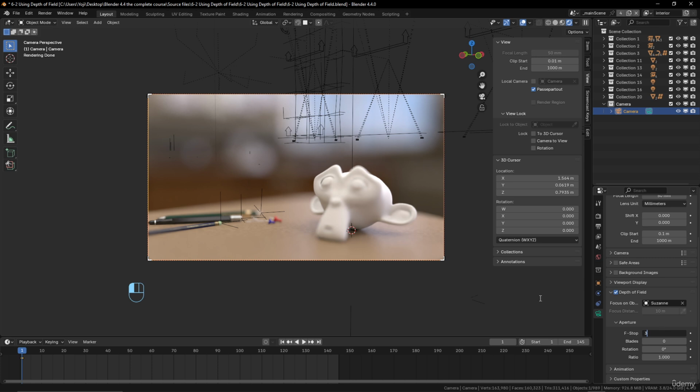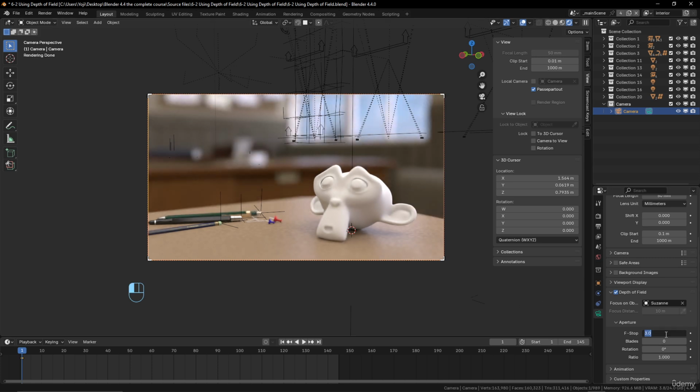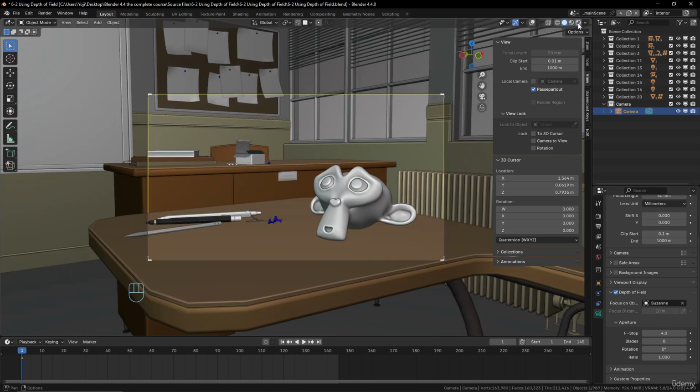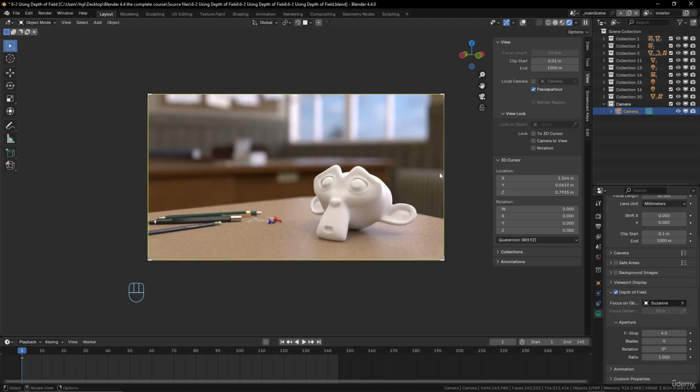Somewhere about 3 for this scene, or maybe 4 might be okay to have something good. And we can really see now that this image looks really more photographic than before. What is good as well is to use it with animation. And actually, it's not only for animation that you will use this feature, it's the focus distance here that you